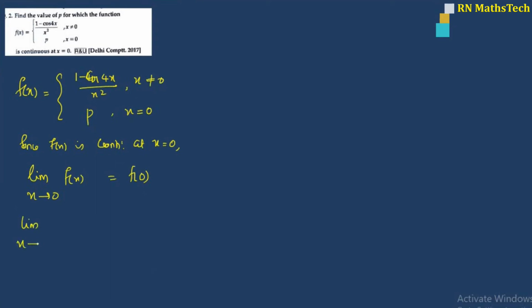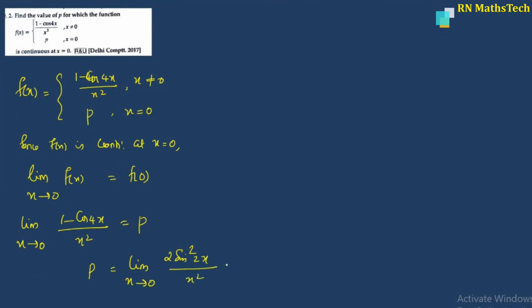That is limit x tends to 0, f of x is 1 minus cos 4x divided by x square equal to f of 0 is equal to p. That is p is equal to limit x tends to 0, 1 minus cos 2x is 2 sin square x. So 1 minus cos 4x is 2 sin square 2x, 2 sin square 2x by x square. Okay, that's equal to,